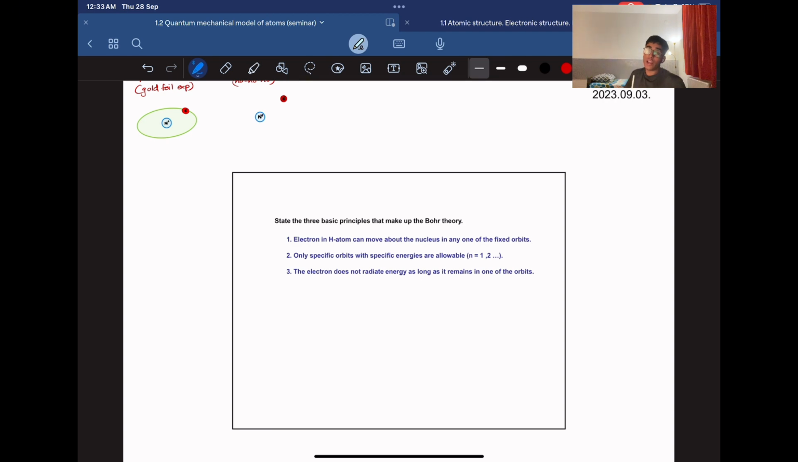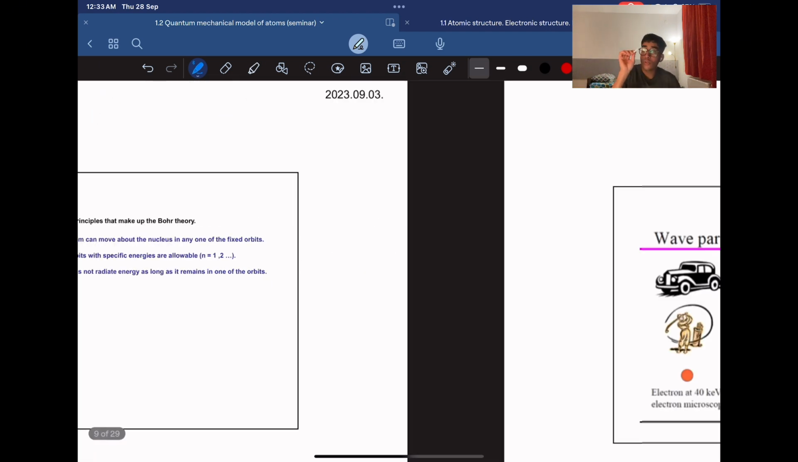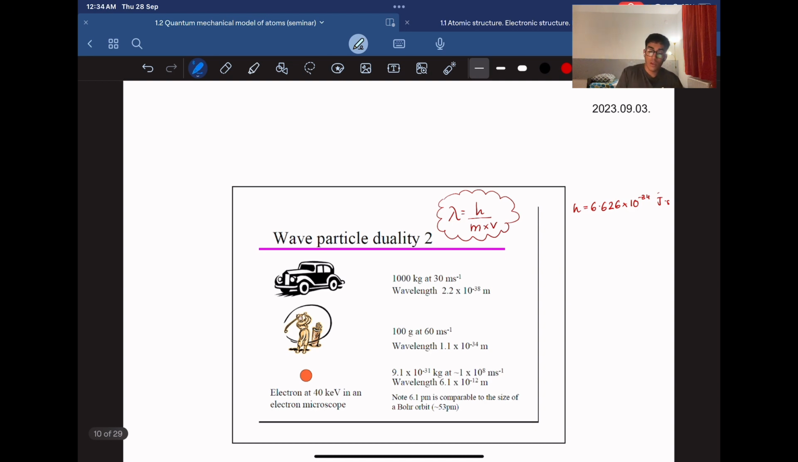The electron does not radiate energy as long as it remains in one of the orbits. So now Bohr said, when an electron is in one of these orbits, it does not radiate energy. So hence, it does not lose energy and spiral down to the nucleus. Moving on,